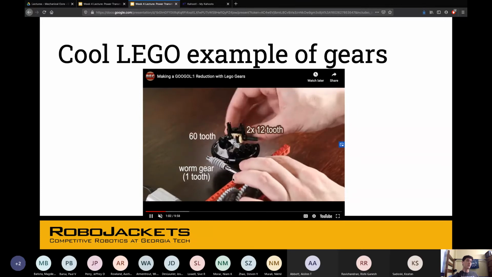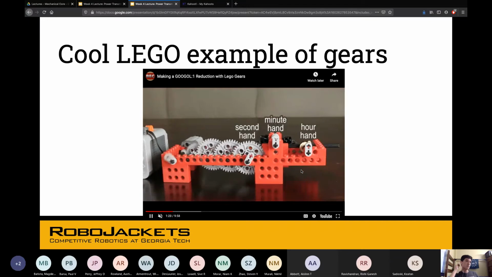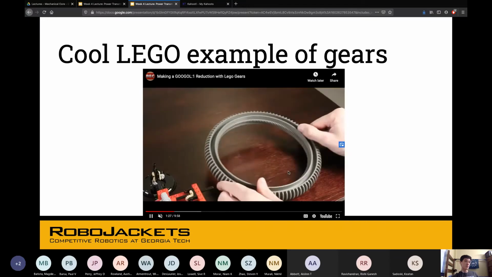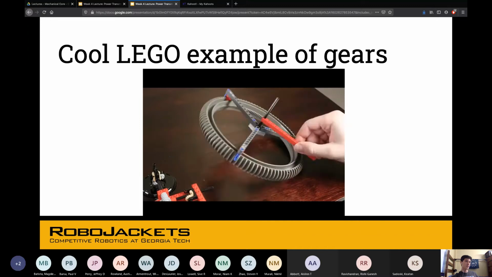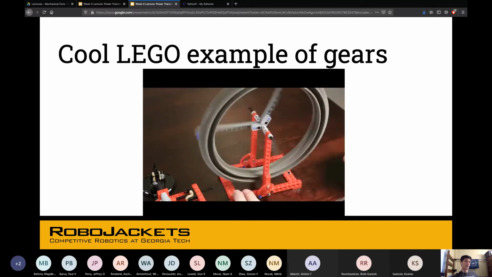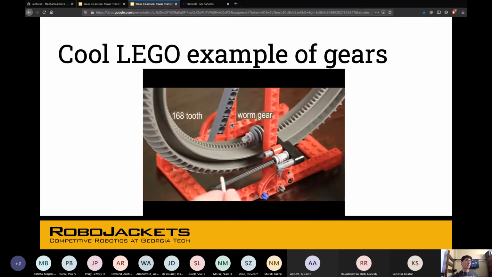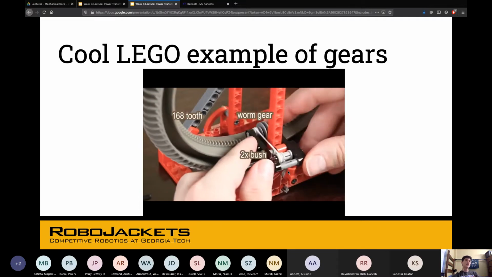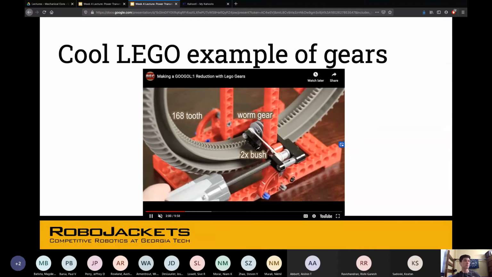So now you can see that this person's using a worm gear. So you can see how that works. And these little dials that are spinning are just kind of references. So now what this person has effectively done is created a clock. And so now we've got an inner gear, or with inner teeth. And it's still technically a worm gear because it's being driven by